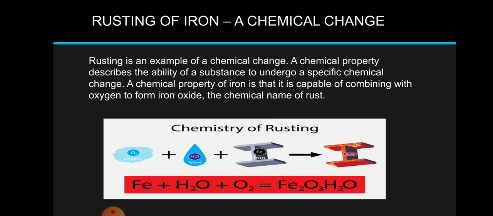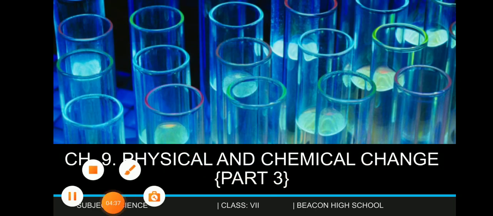Now what is oxidation? When oxygen in the air and the moisture in the air combine with iron, a new substance is formed. Here you can see the chemical reaction involved in this process of rusting. It can be represented as follows: iron, when it comes in contact with water, H2O, and oxygen, gives iron oxide. This can even be tested by an activity with different conditions, by which we can check when the rusting of iron occurs in the atmosphere. So we'll continue in a